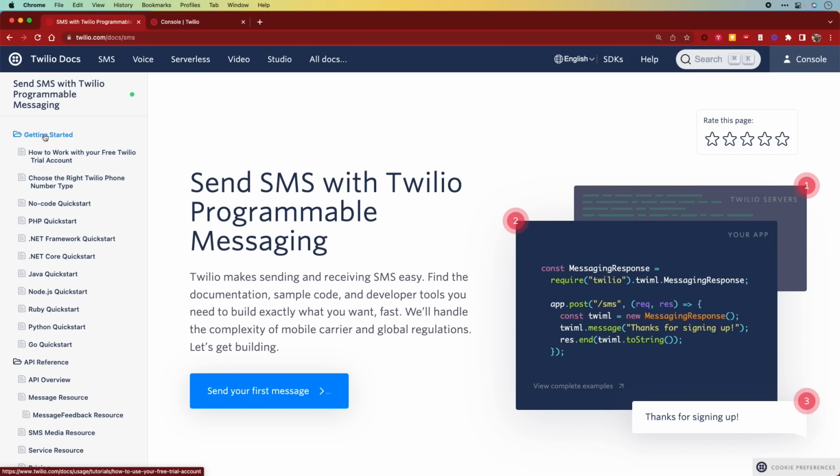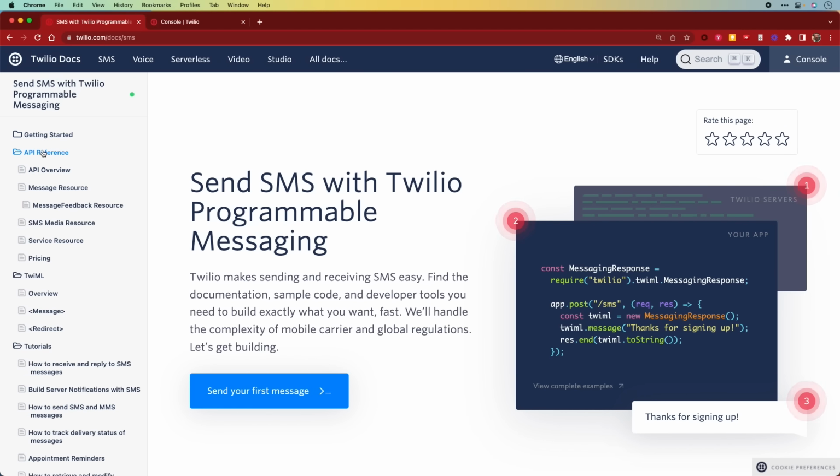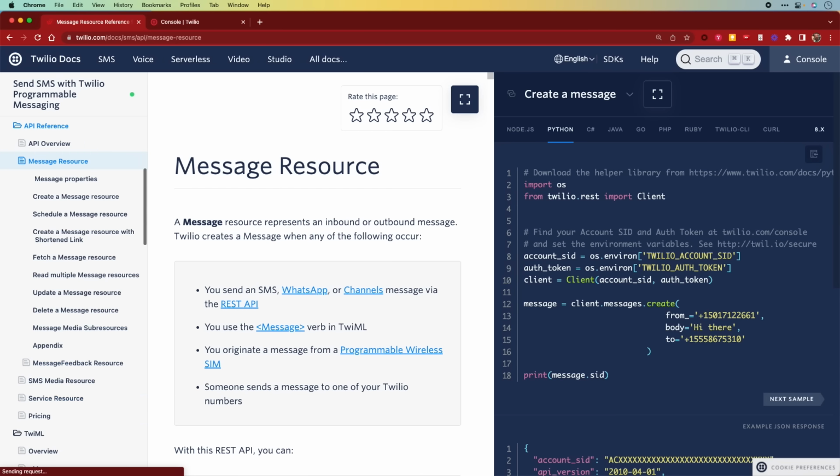Over here on the left nav, you'll see that there's these folders, and I can collapse these folders. What we're looking for is the API reference, and under the API reference, there's a thing called a message resource. We provide a RESTful API, and message is a resource. So creating a message sends the message, and you can use the API to fetch all of the messages that have been sent. So if you look over here on the right, this is called the code rail, and there's